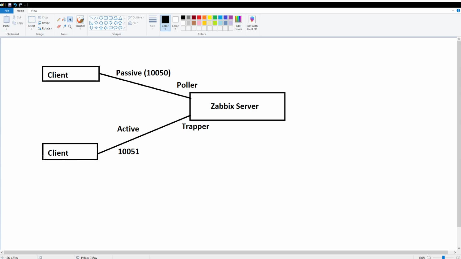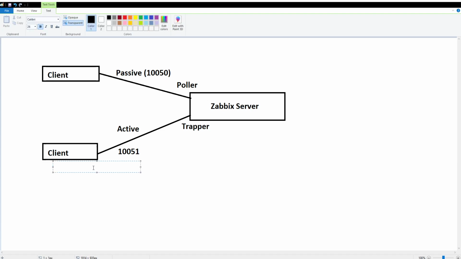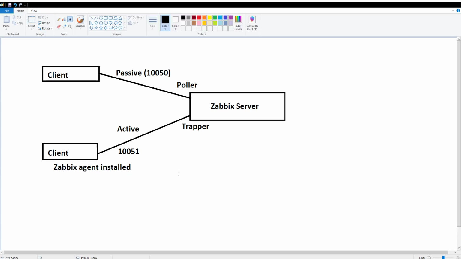active configuration. In this way the client will actually have the Zabbix agent installed on it, and that Zabbix agent will send all the information to the Zabbix server.